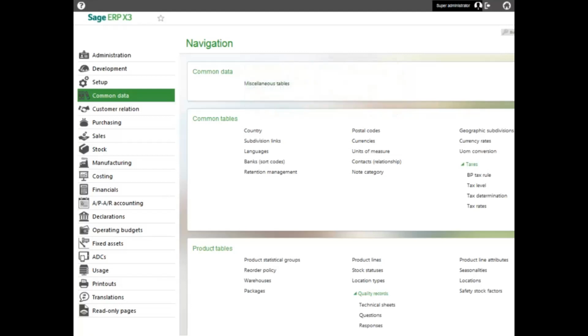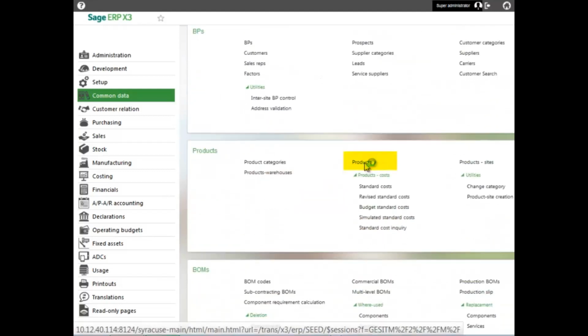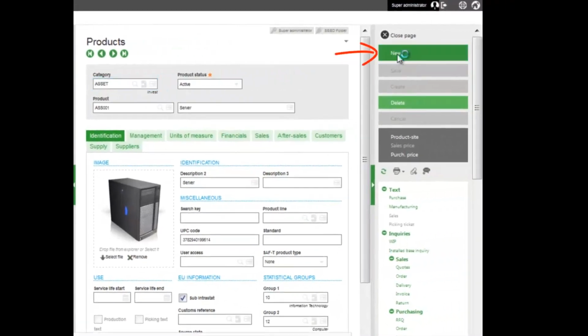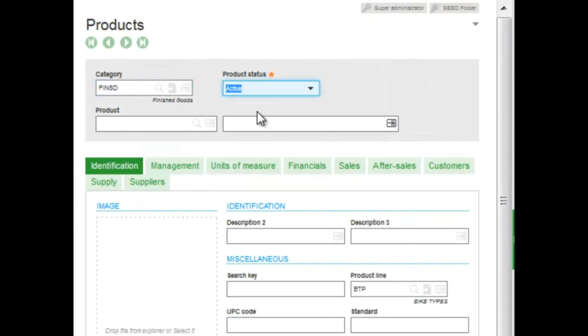To do that, we go to Common Data, we go to our Products block, and our Products function. Now at the Products function, to create a new bike, we click on New, and then we add in our category that we created or defined. You notice that the product status is active. It defaults to active. That's because at the product category level, we set the creation mode to direct, which makes that active a default. Enter in our product ID, our product description,